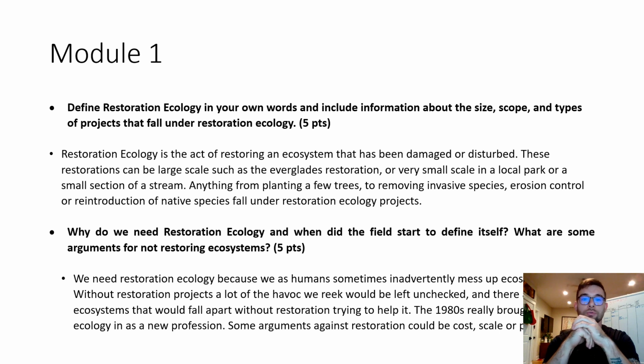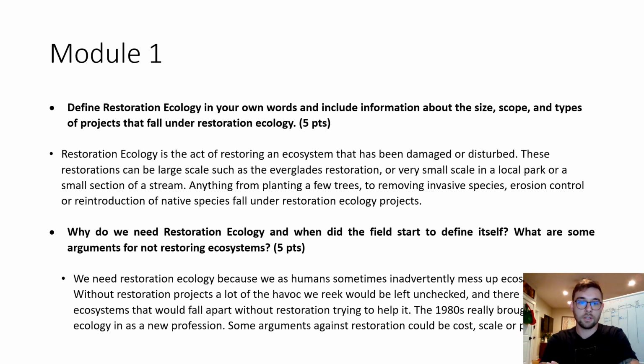Restoration, in my own words, is the act of restoring an ecosystem that has been damaged or disturbed. These restorations can be large scale, such as the Everglades restoration, or very small scale, such as in a local park or a small section of stream. Anything from planting a few trees to removing invasive species, erosion control, or reintroduction of native species fall under restoration